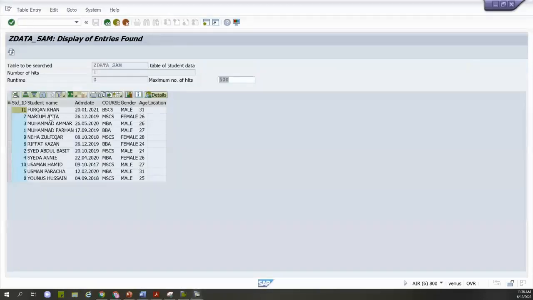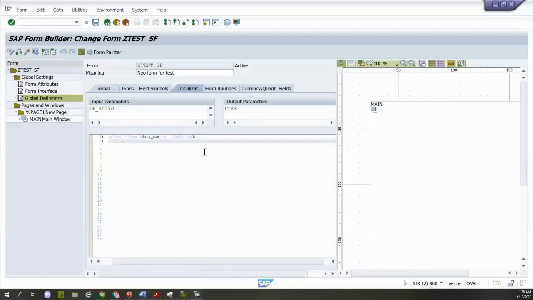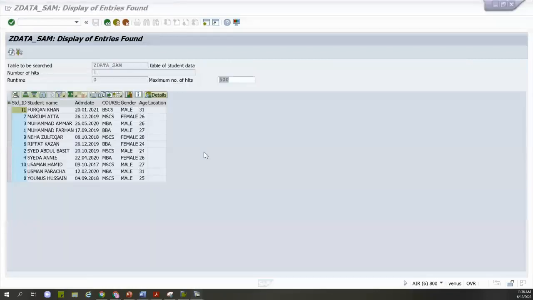Like for example, I will give the input parameter as student ID, and based on the student ID, it will fetch. So let me try to do that. What I will do is I will give here IM underscore STD ID, where